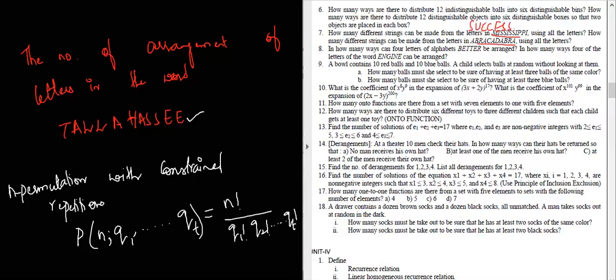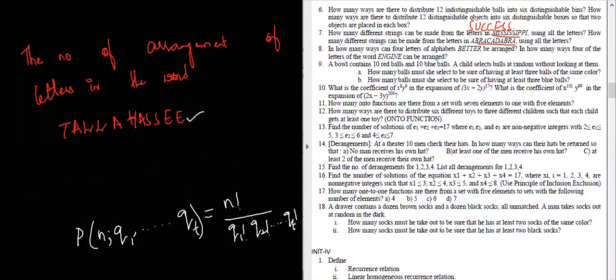Okay, so now for the problem, we'll solve it. Let's keep the formula as it is and let's solve the problem. So how many different alphabets do we have? We have T, A, L, H, S and E. How many T's do we have? We have one T and A is 4 times, so 4 A's, 2 L's, H is only once, S is twice and E is also twice.